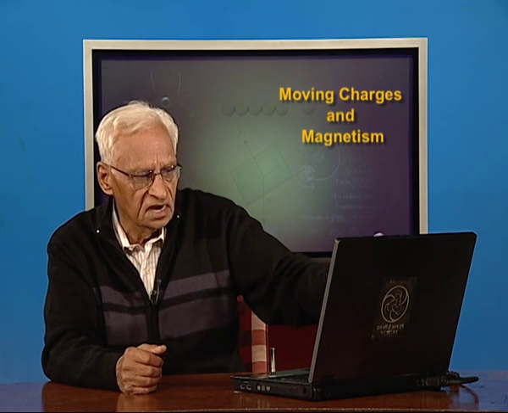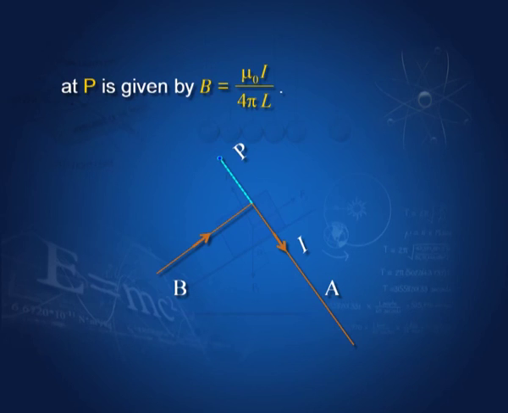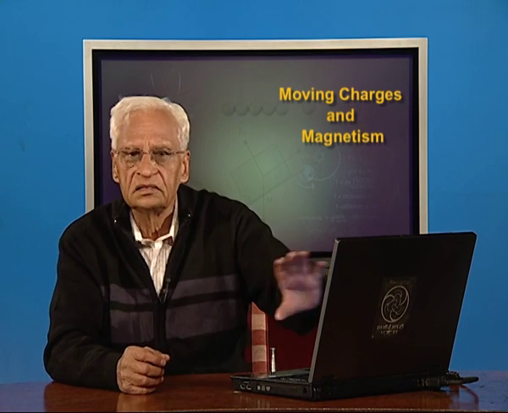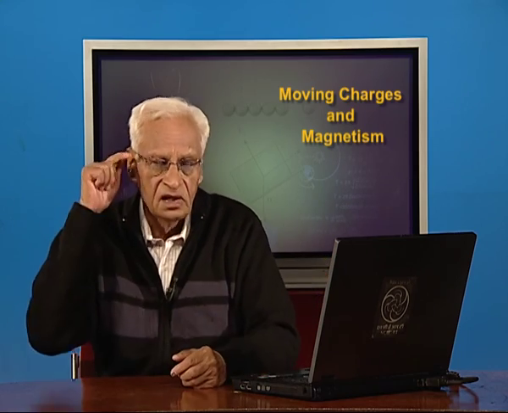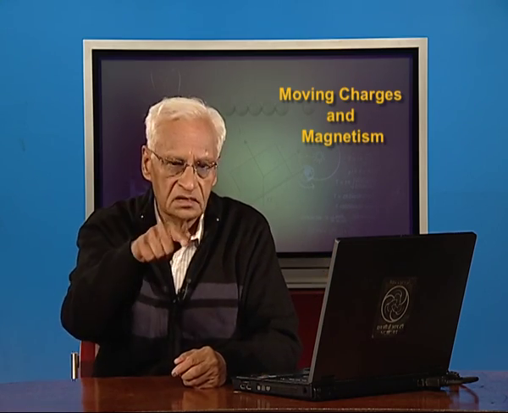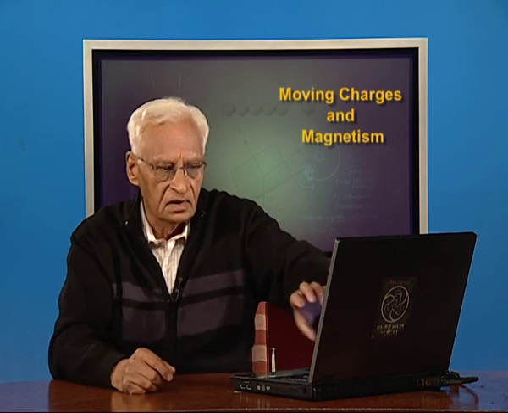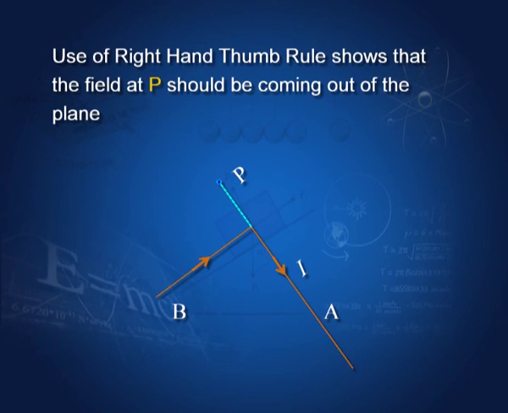And using the result we used earlier for a semi-infinite wire, we just have to put the distance equal to L and we get the result B is equal to mu 0 I by 4 pi L. That is the magnetic field at this point. You can find the direction of the field, whether it is going into the plane or coming out of the plane,